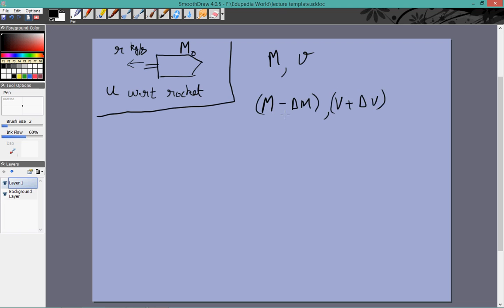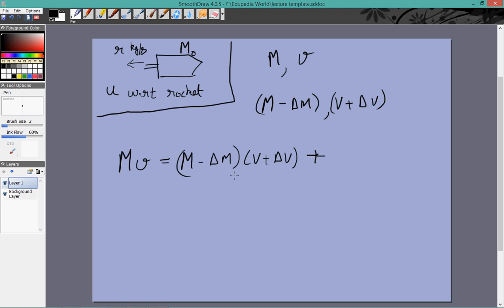As time goes on, the mass of the rocket keeps decreasing, and the speed of the rocket keeps increasing. So we'll conserve the momentum between these two. Initially, the momentum is mv, because we take the rocket plus the fuel that's not yet ejected as a system. That will be equal to, in the next instant, m minus delta m times v plus delta v plus, actually